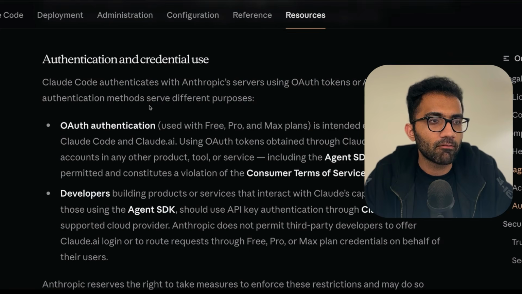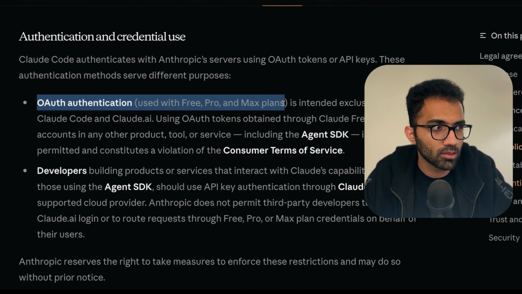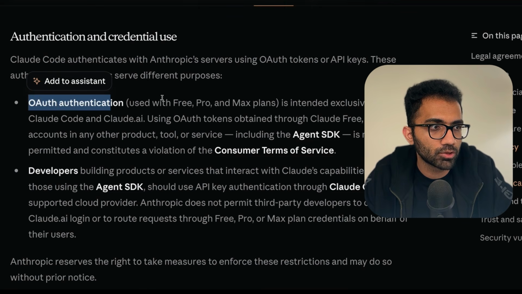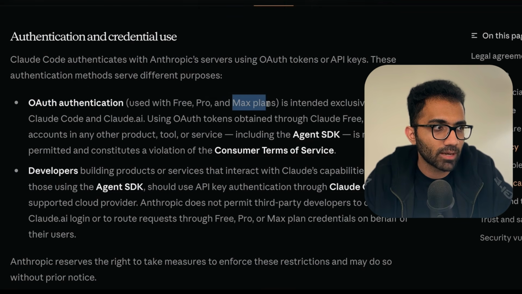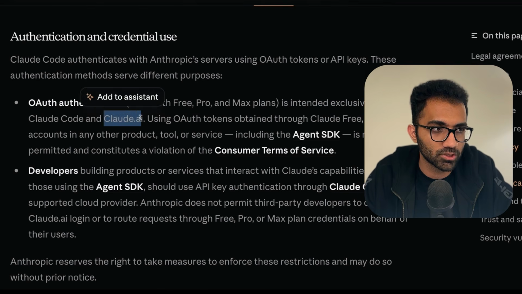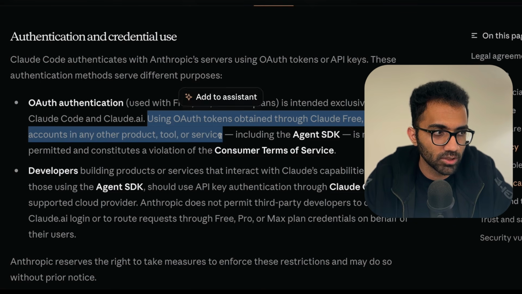Anthropic, the company behind Claude Code, has made it explicitly clear that you are not to use the Pro and Max subscription that you have with any other tool. They have updated their terms, which now reflect this specific clause which was not there before, and it reads that this OAuth authentication, which is used with Free, Pro, and Max plans, is intended exclusively for Claude Code and Claude AI usage. Using OAuth tokens obtained through Claude Free, Pro, or Max accounts in any other product, tool, or service, including